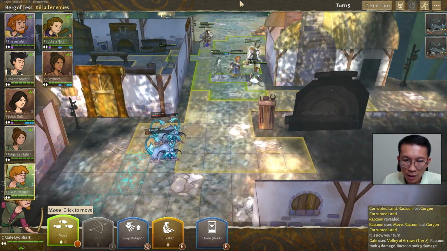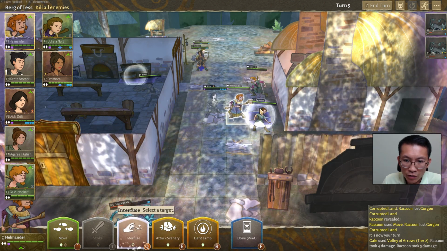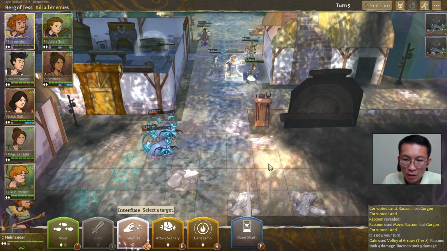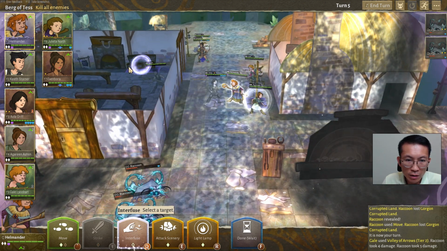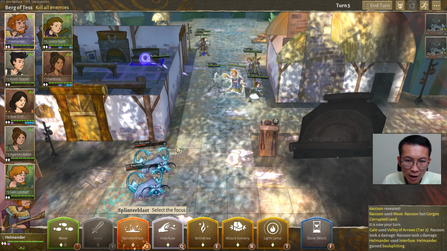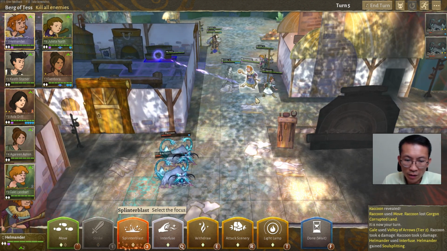I take down two at the same time. So my mage can do some AoE as well. Let me see what I can infuse. I can infuse a lantern. Oh man, what can I infuse here? No, nothing much to infuse. That's a bit unfortunate. Okay, and after that I can use it to attack. Can I? No, I can't. Yeah, unfortunately I can't because it's too far away. I have to infuse something that is like